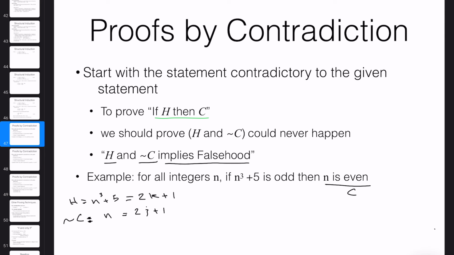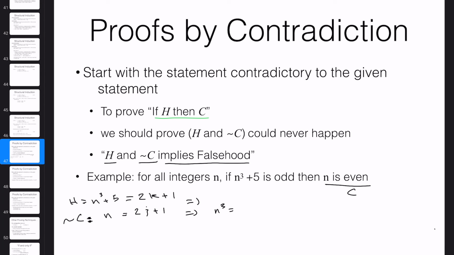Okay, so from these two you can conclude that when n is odd, n power 3 will be, if I simplify that, (2j plus 1) power 3. If you simplify this, it's going to be,